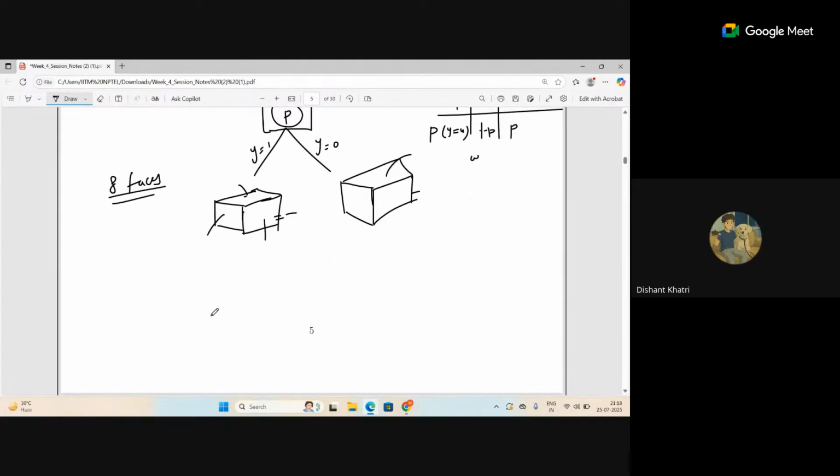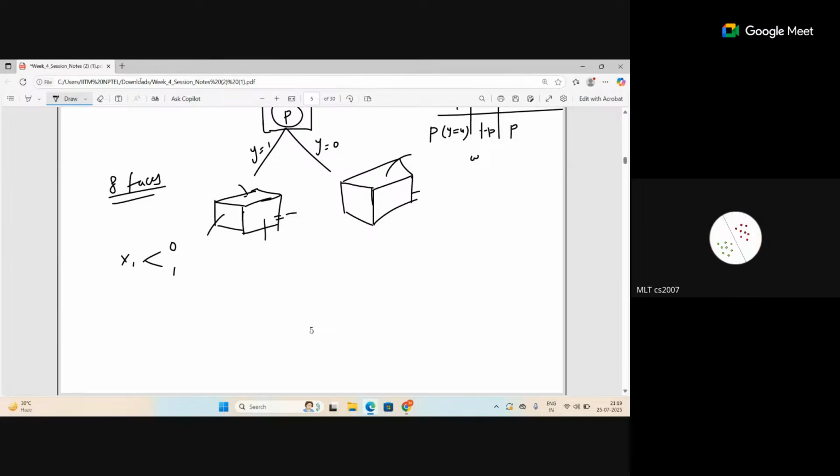And each of these x1 will have how many choices? Can I consider these as 0 and 1? That means this will appear in the spam or it will appear in the non-spam, and it will have its own different probabilities. Or I can say that each will depend on the number of words which are there.